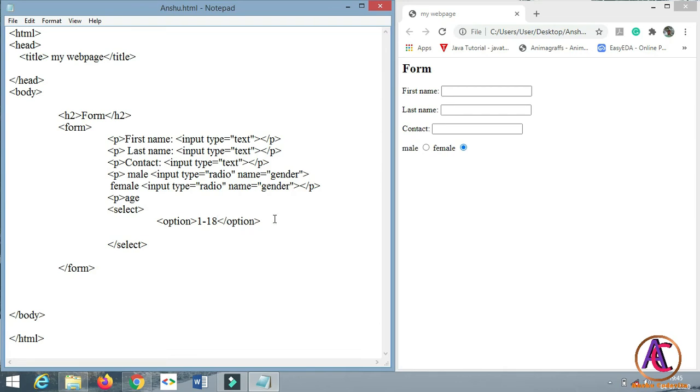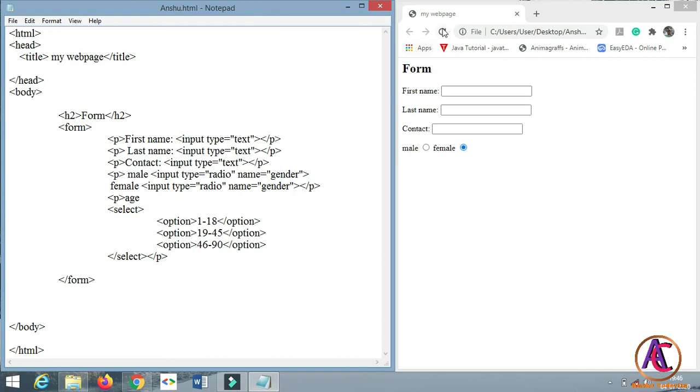To create more options, we can just copy and paste it down and rename the age range from 19 to 45 and save it, and create one more option for the user with 46 to 90 age range, and close the paragraph tag and save this and refresh it.